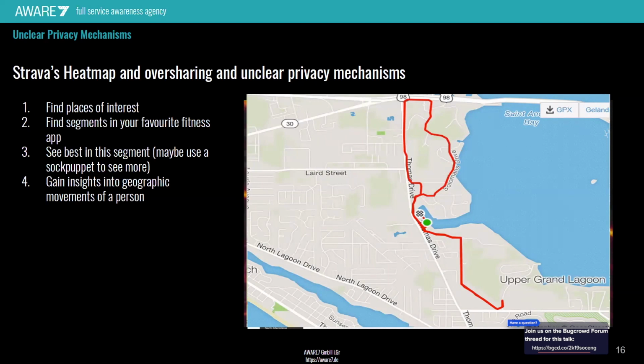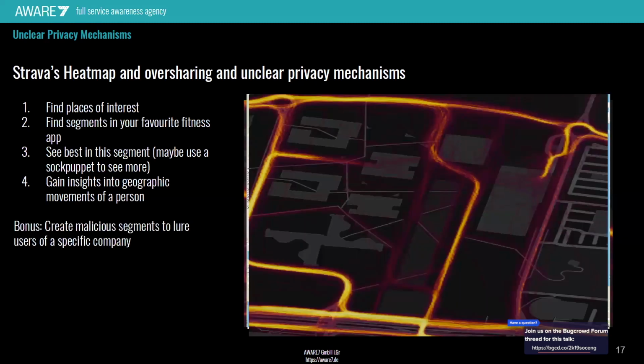So that's how you find some people. Now the question is, how do you find people that work in the company that you're auditing? You can create malicious segments. So basically, the segments we used before were regular segments where we tried to just de-anonymize people. But if you have an audit, you can create malicious segments to lure users of a specific company into your segment, and then you have